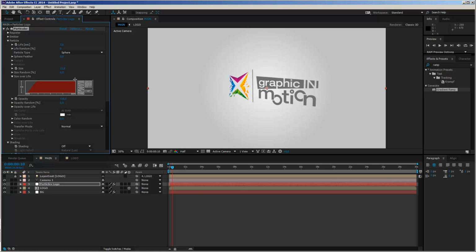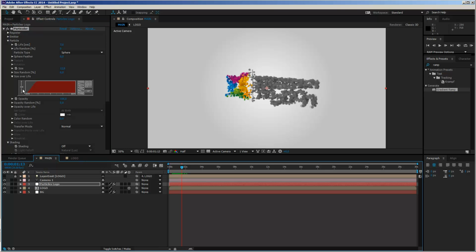So I want them to be the full size until the end, but I want them to have this slight build-up. You see they are now a little bit building up, and this is more or less exactly what I want, but in my case this is a little bit too long. So I will just draw a new curve here, and I want to make this a little bit steeper. So maybe like that. Let's see. And smooth it out a bit.